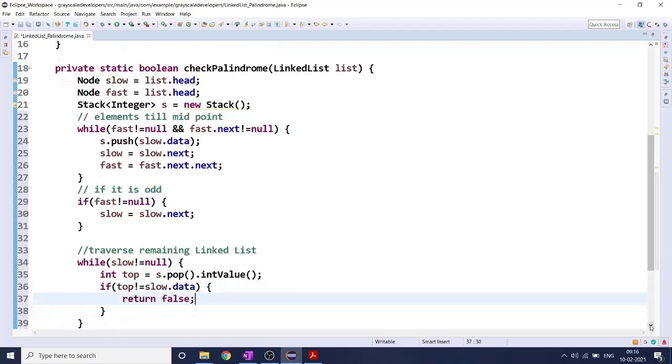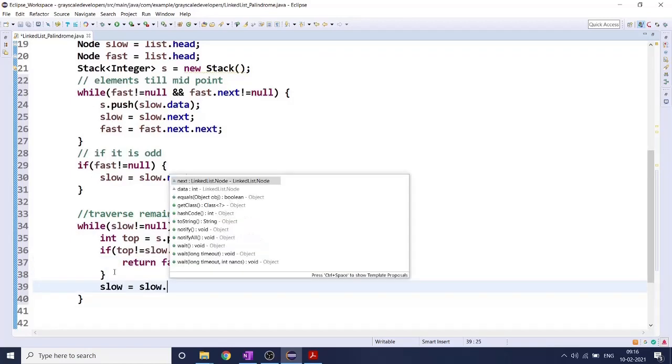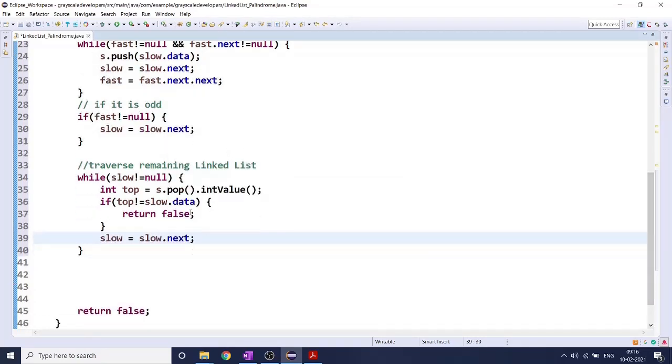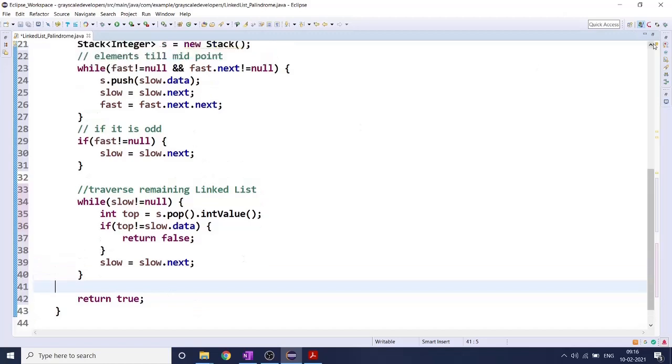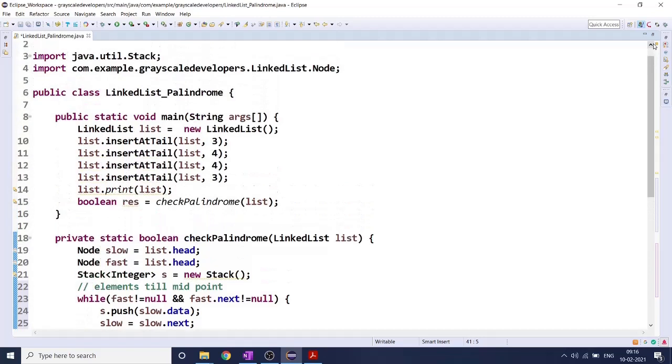If it is equal, okay, here I have to put slow equal to slow dot next, so that it goes to the next pointer. So if it is not equal, then it is false, or otherwise it is always true. So now I finished this one, and then I'm just going to print this result here.